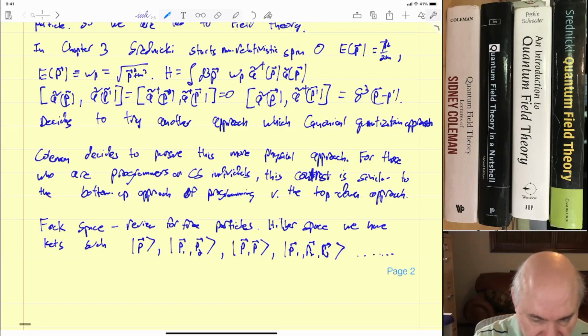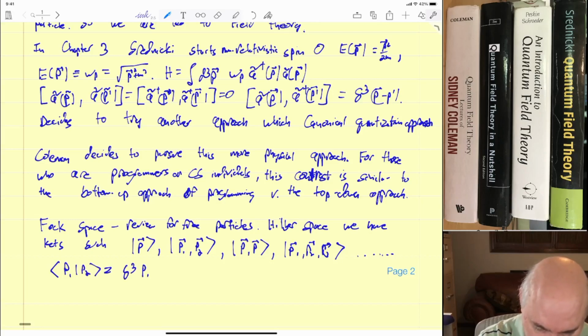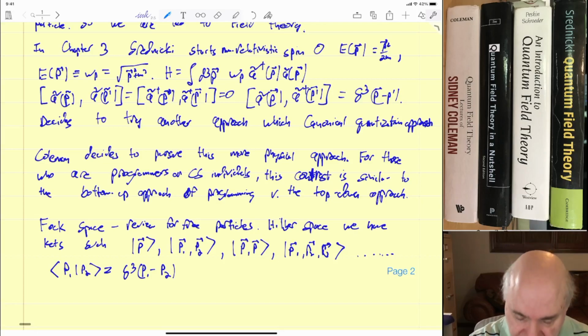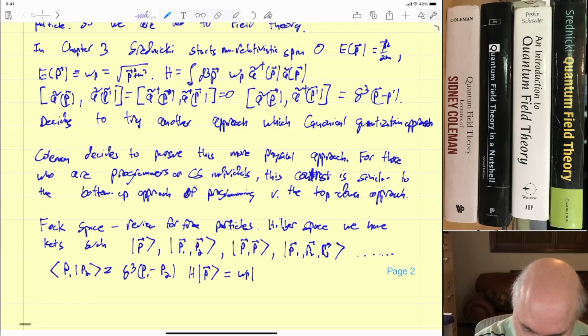And the normalization would be what we would expect. So P1, P2 would be equal to our standard normalization. Again, I'm not always putting vectors on top of these. Basically, everything I'm going to be doing for quite a while is a 3-vector. So we could have that, and we have the Hamiltonian. It's a free particle Hamiltonian, so H acting on a ket P is just equal to the energy of the particle, which is omega P, acting on P. We could also talk about the momentum operator,